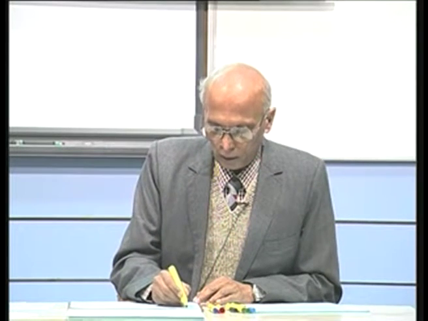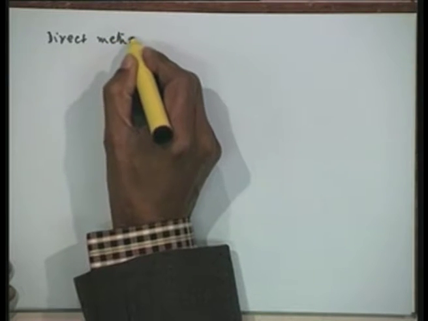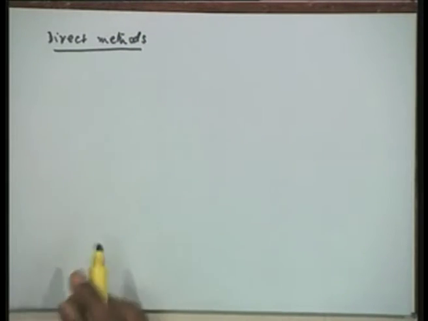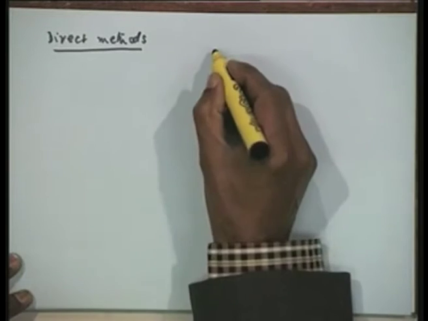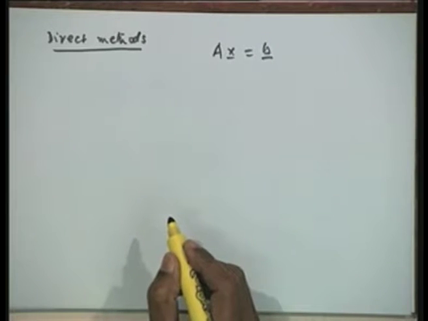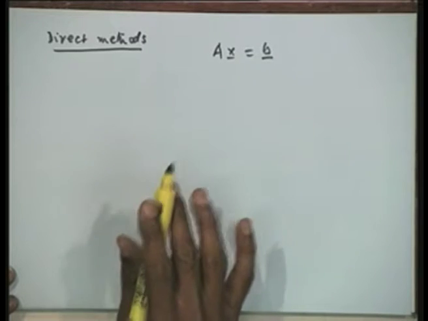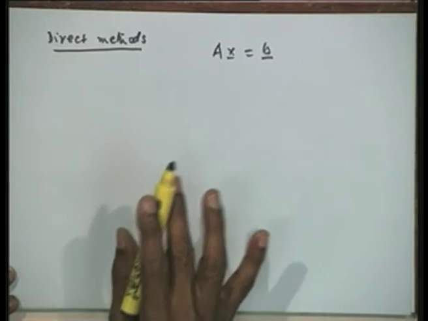Before we actually discuss or derive some methods, we would like to state that if the matrix A of this Ax is equal to B, our system of linear algebraic equations, has some special properties, then the solution can be obtained almost trivially. Directly you can apply without any computations. Why we want to discuss those cases is, all the numerical methods that we are going to construct would reduce the given system to that particular form from which the solution can be obtained easily.